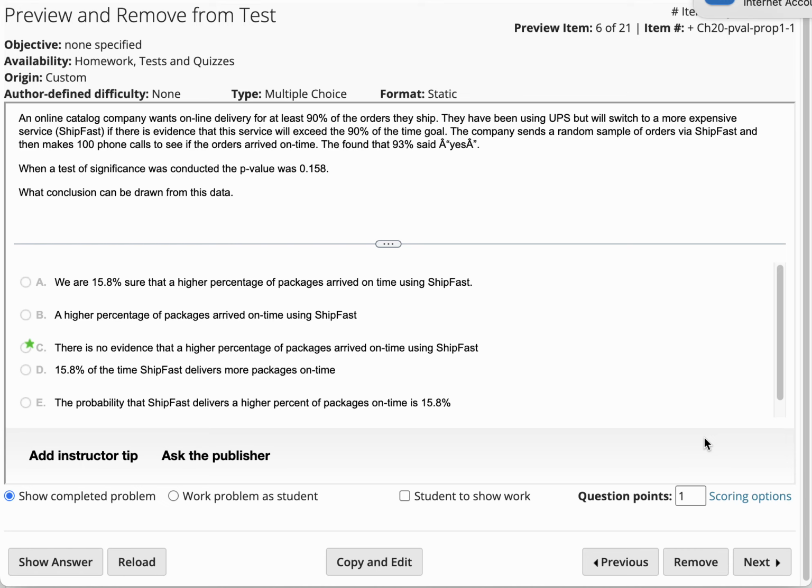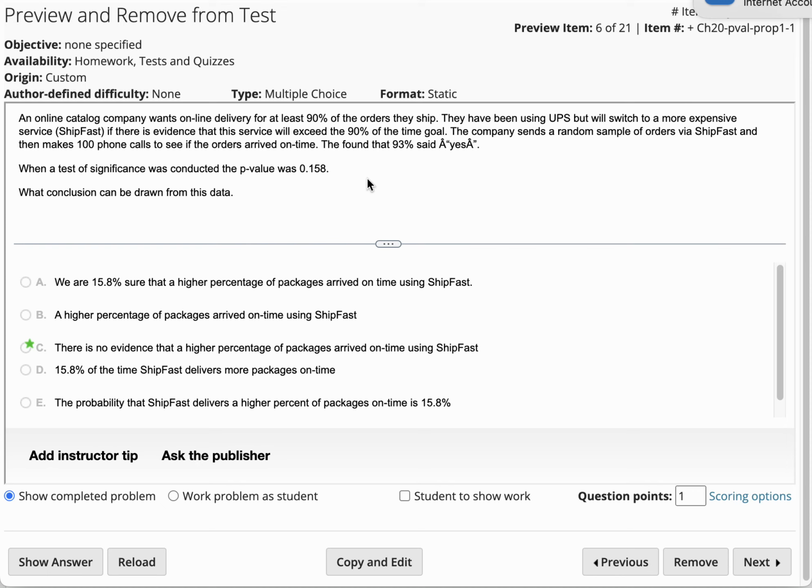And after they ran their hypothesis test, the p-value was 0.158. That's not good. Less than 0.05 is the usual criterion in order for you to reject